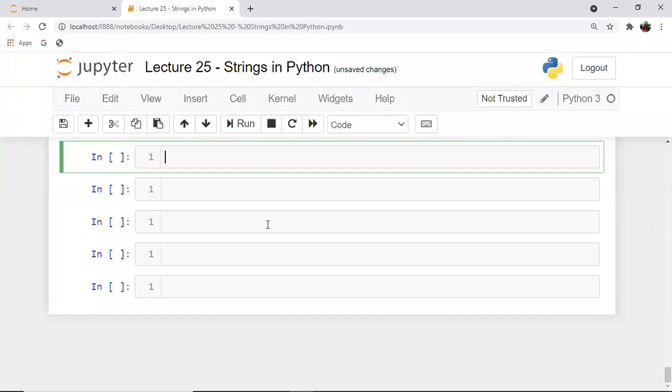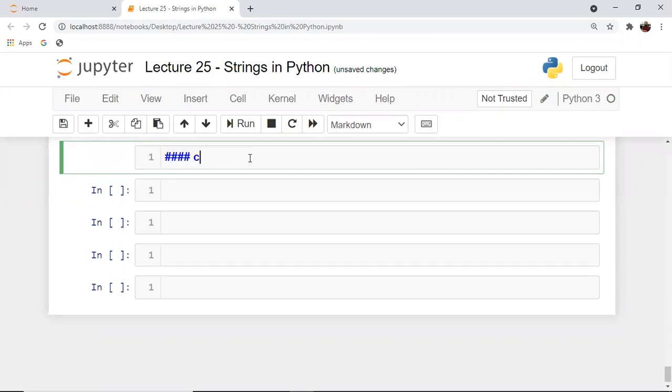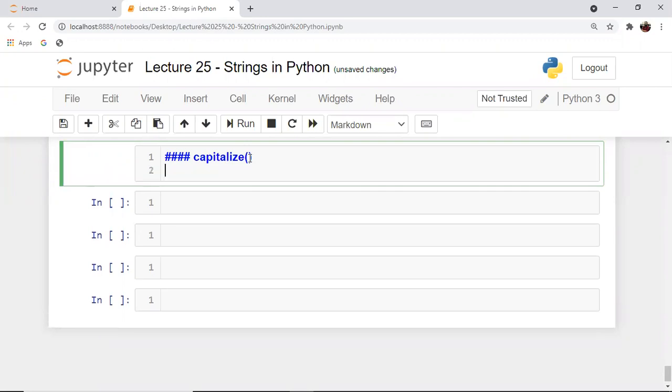Okay, let's continue our discussion on strings. So the first function that we'll look at in this video is the capitalize function. We're talking about the capitalize function. Okay, and what does this function do? So the capitalize function, what it does is it